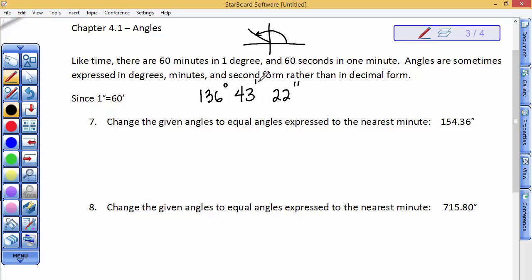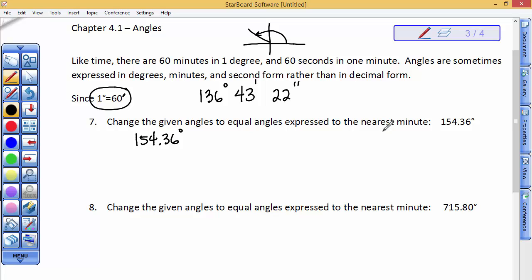And these are the symbols we use. We're used to using them for the feet symbol and the inches symbol. But when it comes to an angle, we're talking about minutes and seconds. And there are 60 minutes in 1 degree, just like in the time on a clock. So what I'm going to do first is take